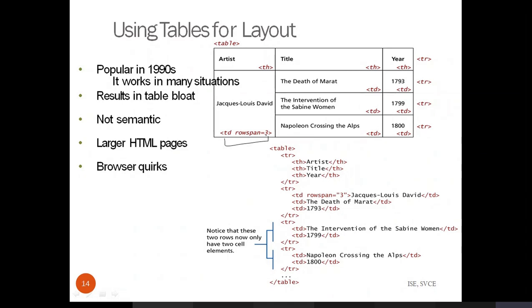So how many cells you want to merge, how many rows you want to merge, you just specify it here. Accordingly you need to change the cell content where you are writing this. So in the second row you need to specify the row span, followed by the information you want to display. This is for the first column, first row, and followed by you are going to specify 3 rows.